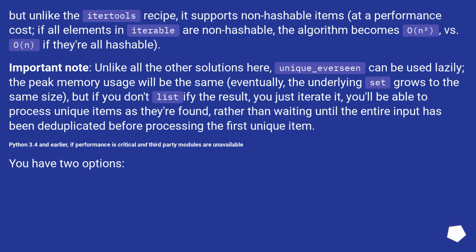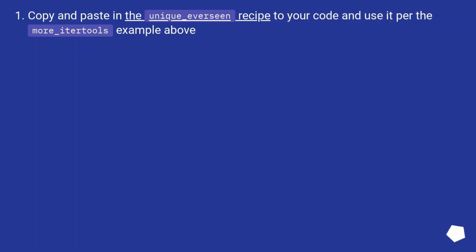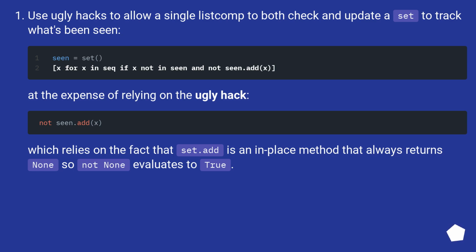Python 3.4 and earlier, if performance is critical and third-party modules are unavailable. You have two options. Copy and paste in the unique_everseen recipe to your code and use it like the more_itertools example above. Or use ugly hacks to allow a single listcomp to both check and update a set to track what's been seen, at the expense of relying on the ugly hack,